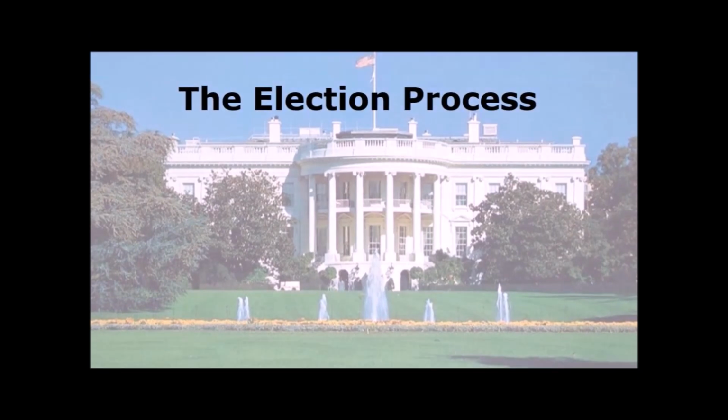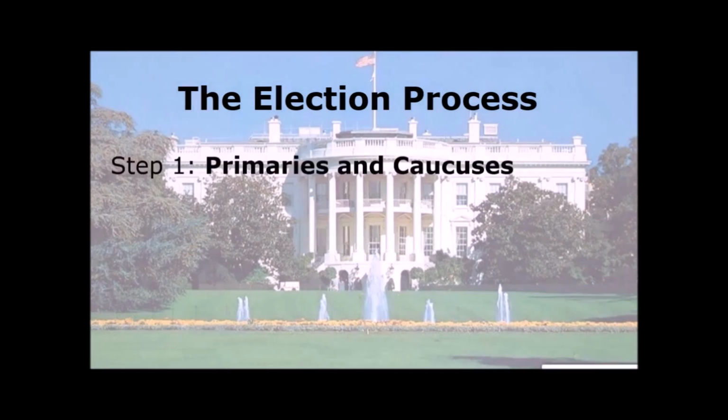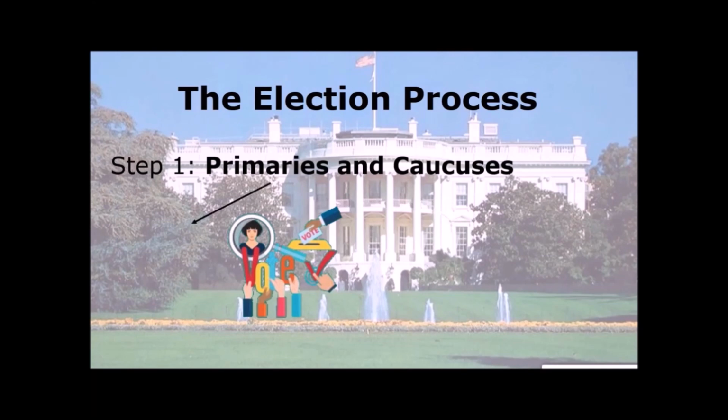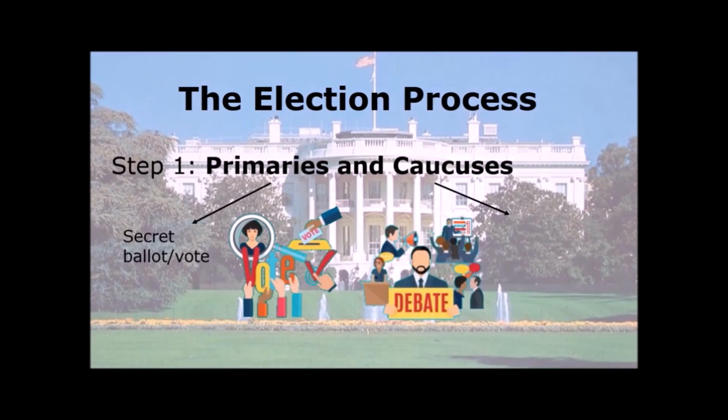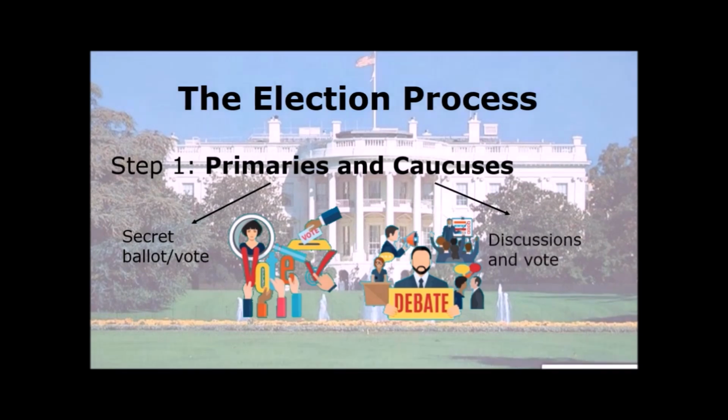Now, let's start with the tough part, the election process. The first step, because of course there are several steps, is when primaries and caucuses are held in each state. Primaries are held by state or local governments, and voting for a party's candidate happens through a secret ballot. Caucuses are private meetings run by political parties, during which party members make speeches to support the different candidates in order to influence the vote that follows. The day when the greatest number of states hold primaries and caucuses is called the Super Tuesday.